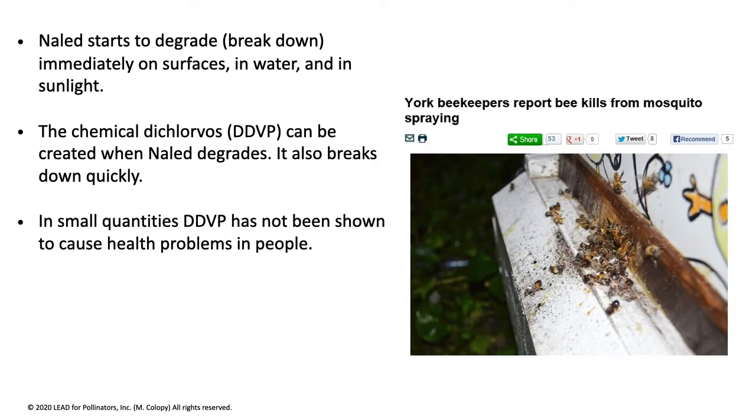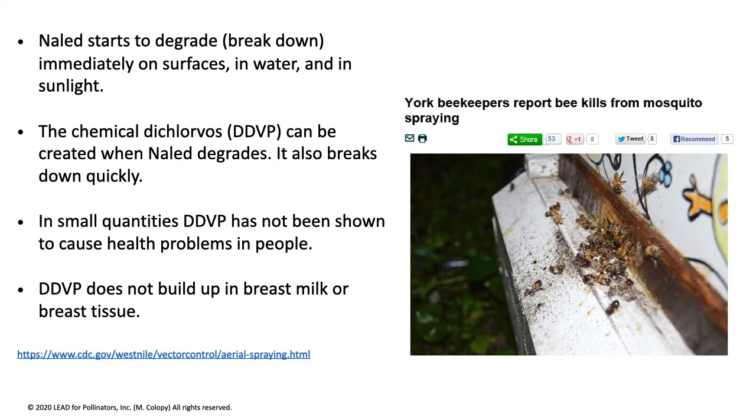Dichlorvos increases the effects of the insecticide malathion and may be combined in a tank mix with it. Dichlorvos is a metabolite of Naled and has been classified as a possible carcinogen by the International Agency for Research on Cancer. Naled has been found in human umbilical cords after birth, but it has not been shown to affect human genes. The EPA has not yet tested Naled for its potential to disrupt endocrine function.